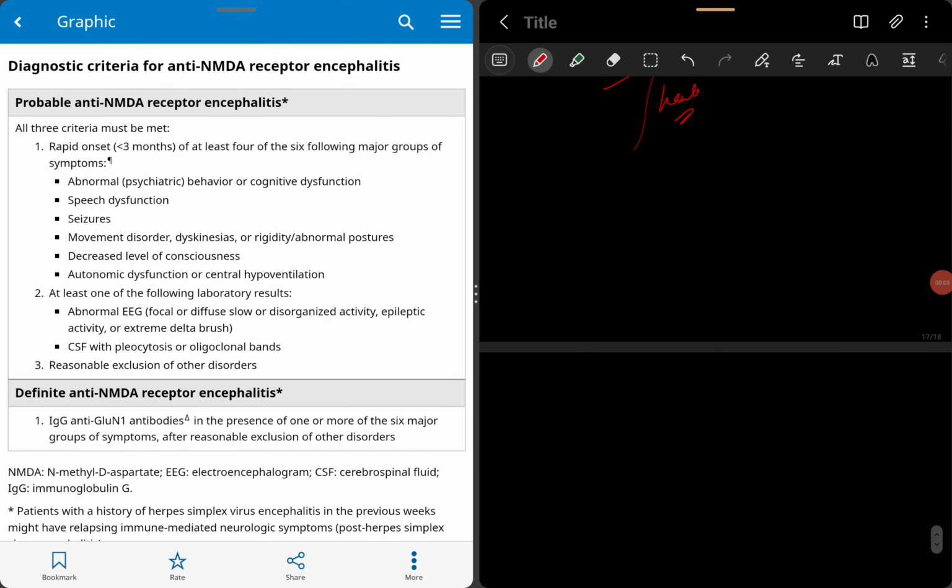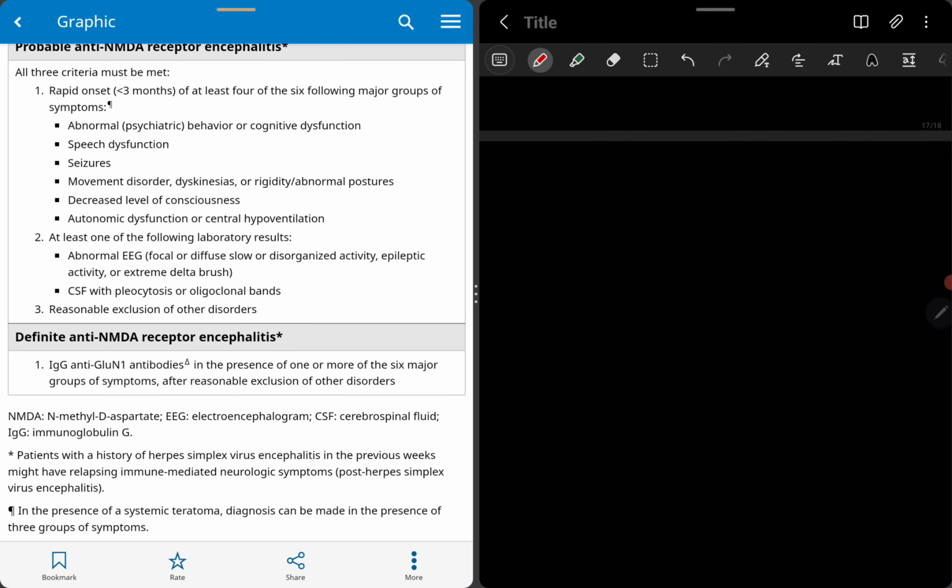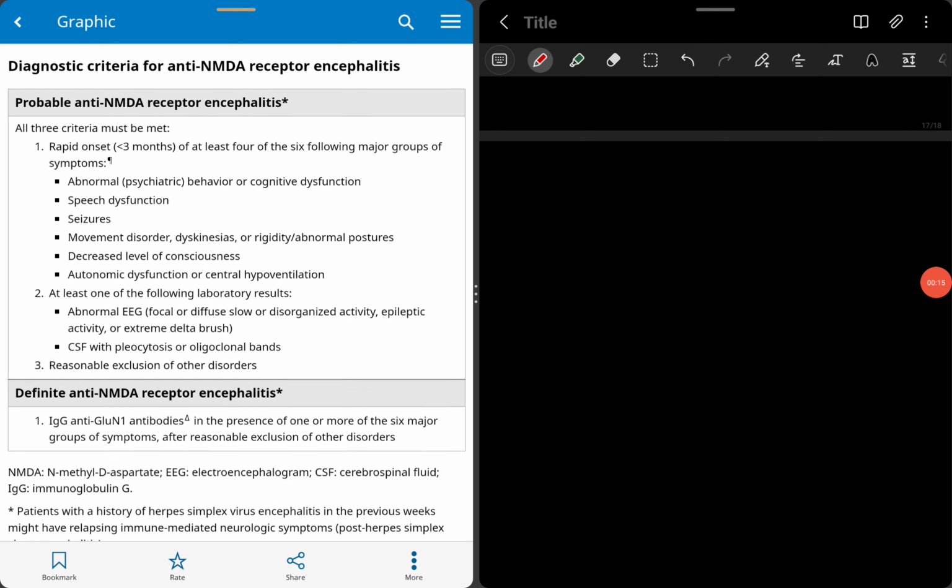Now the diagnostic criteria for anti-NMDA receptor encephalitis. There are two things. One is a probable encephalitis case, and in that we have three criteria, and all three should be met. The first criterion is that there should be a rapid onset, that's within 3 months. At least 4 of the following